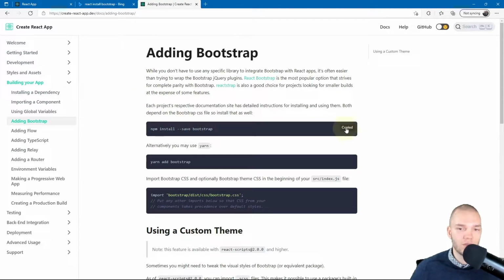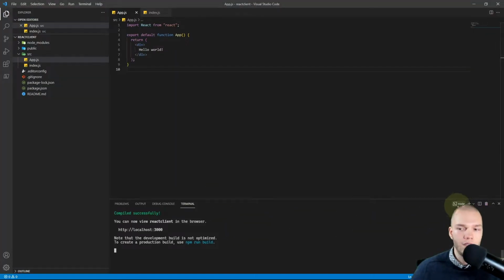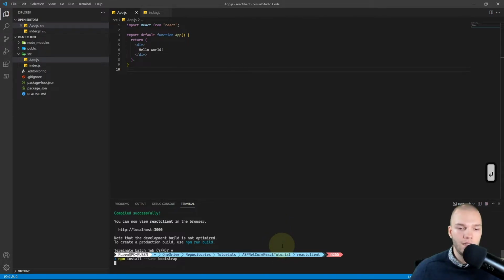So we're just gonna npm install Bootstrap. So I'm just gonna copy this npm install line, and then I'll go to VS Code. In the terminal, I'll stop the project from running, and I'm gonna paste the npm install line, so that will install Bootstrap into our React project.